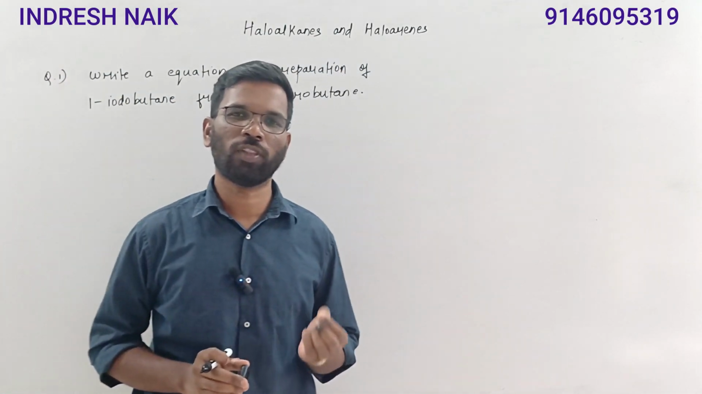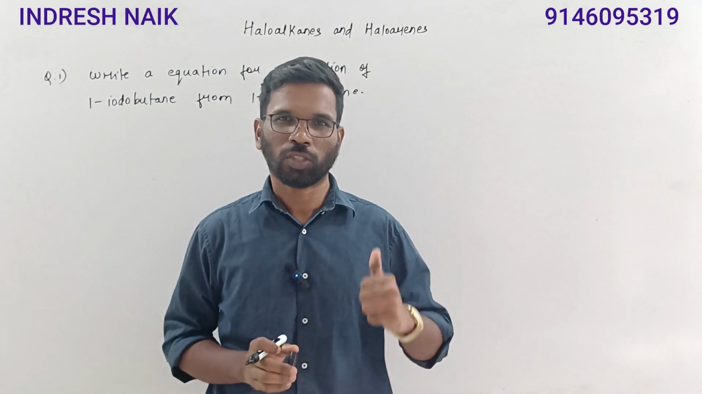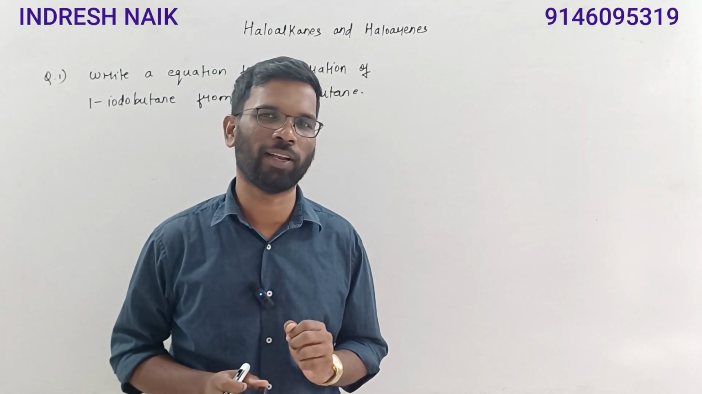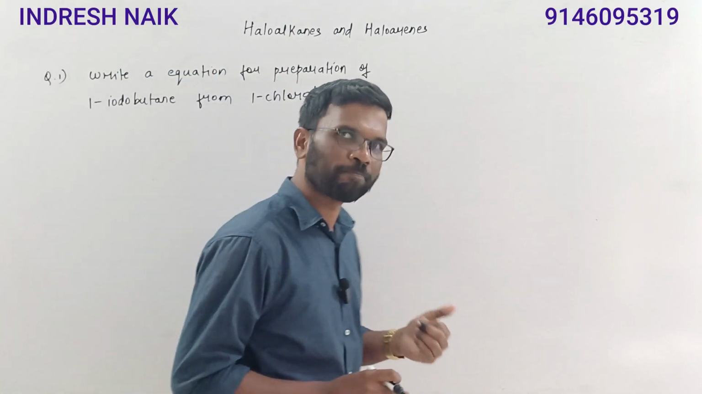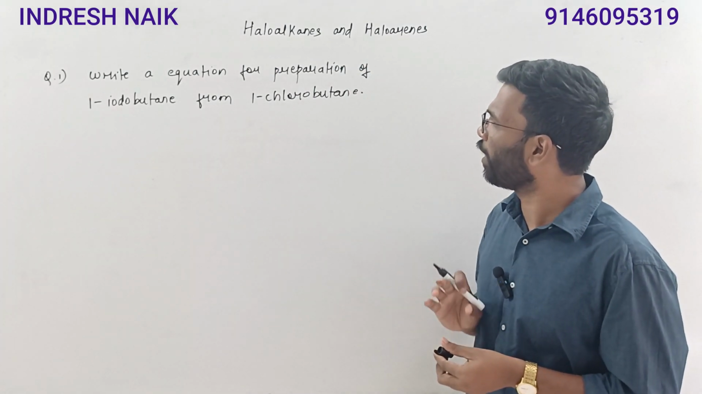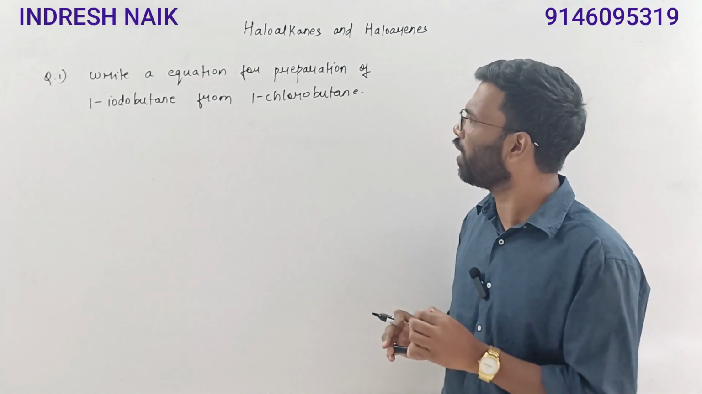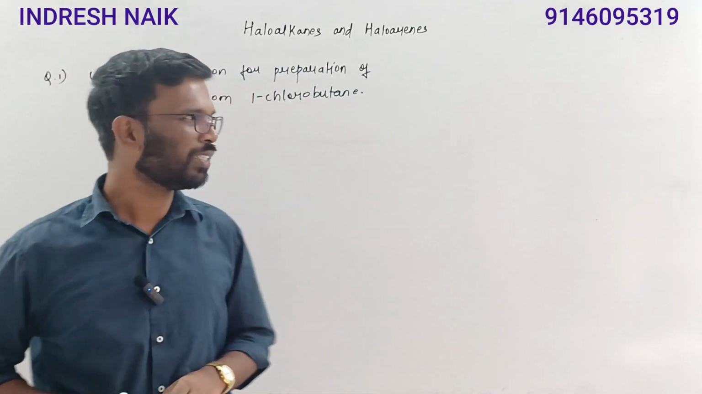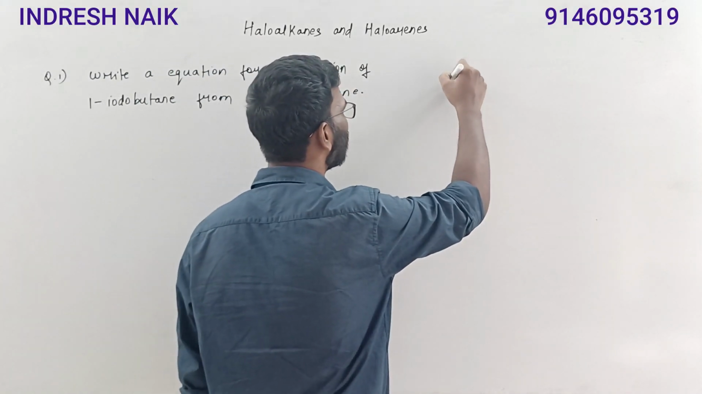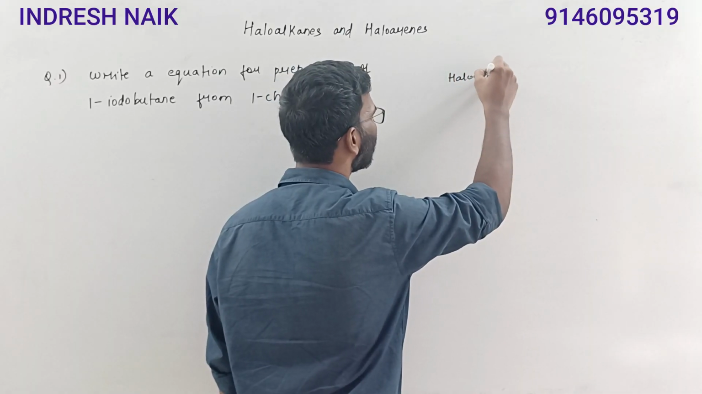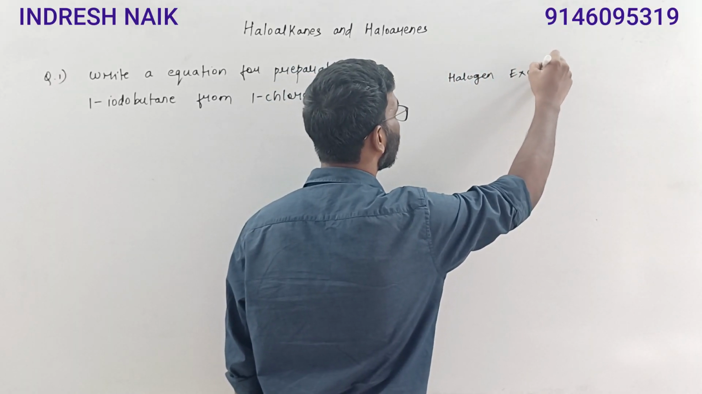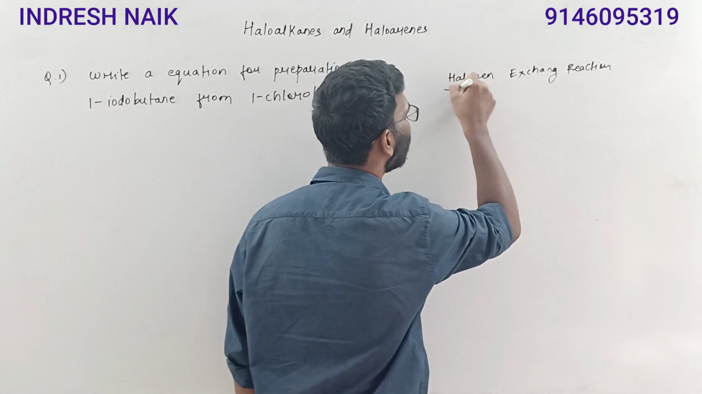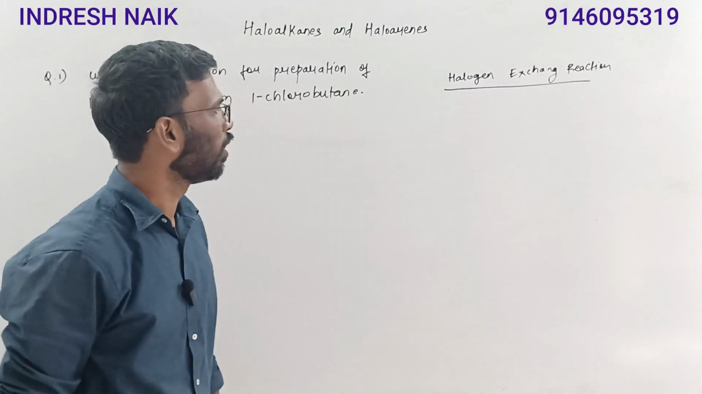Here we'll do the revision of the preparations of the haloalkane. So we'll take a question and understand the chemistry of preparations of the haloalkane. The question asked is: write an equation for preparation of 1 iodobutane from 1 chlorobutane. You know, there is something called halogen exchange reaction. There are 2 halogen exchange reactions which you are learning in your syllabus. The first is